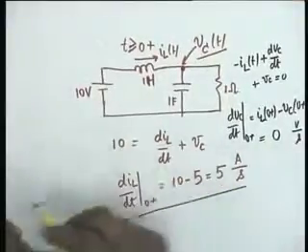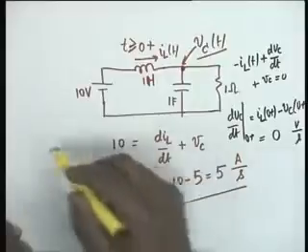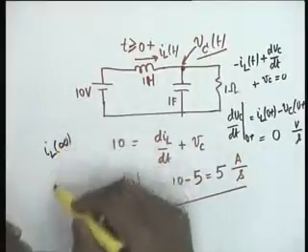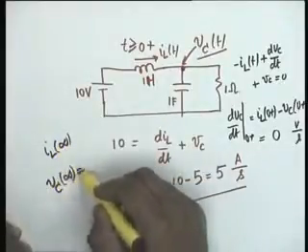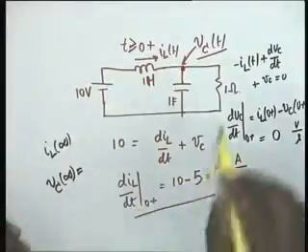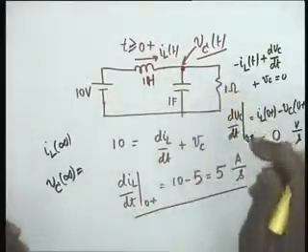Finally, what we have to find out is IL of infinity and V sub C of infinity. Obviously, IL of infinity would be,